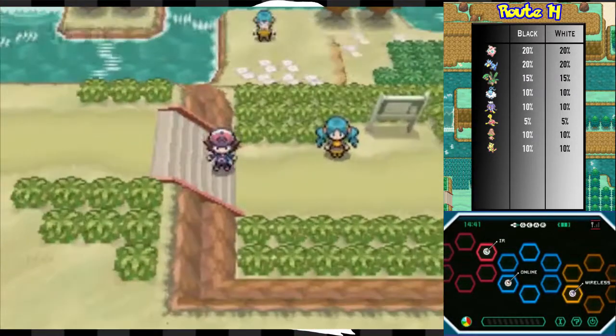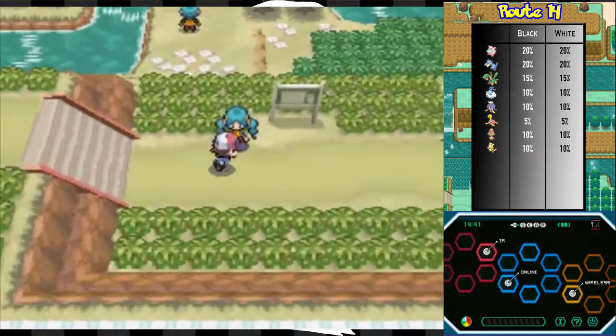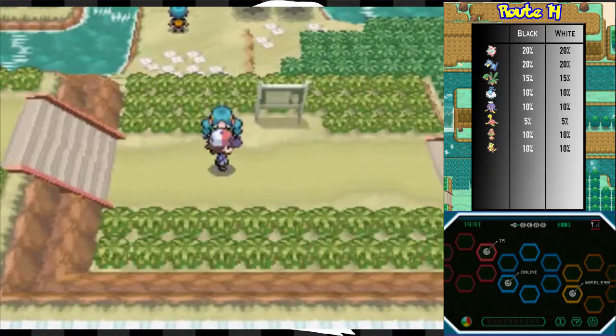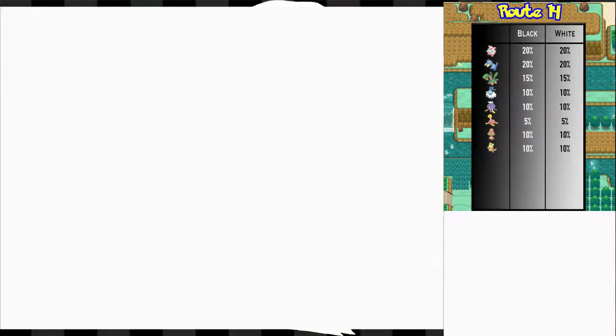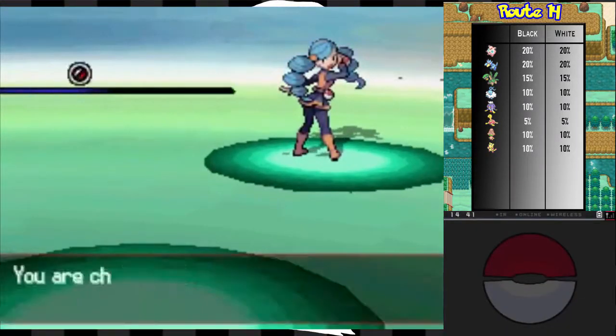Oof, okay. We got some more Ace Trainers, and I guess while we fight these Ace Trainers, I can go over new Pokemon. Well, we fight you. Do you understand why trainers and Pokemon are together? Oh, we went through a whole thing with that when I was fighting Team Plasma. Don't you worry about that. Anyway, so,